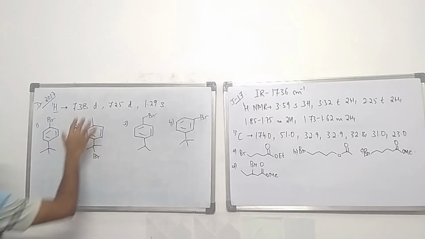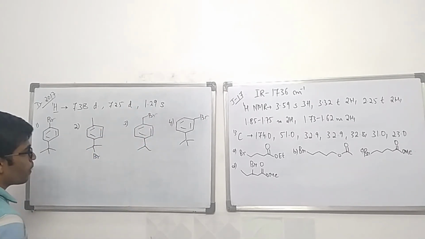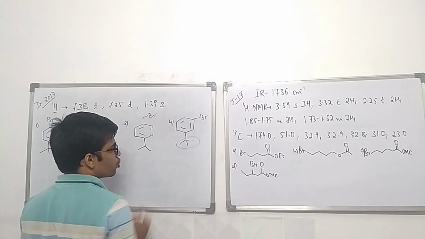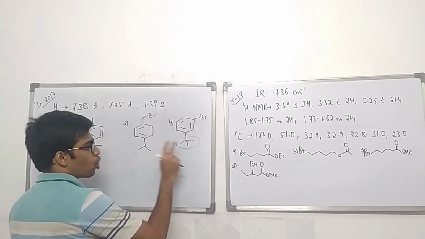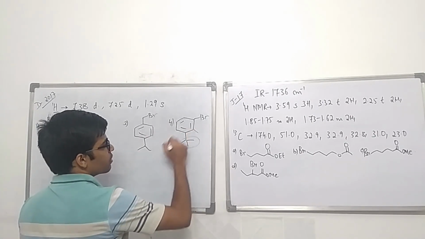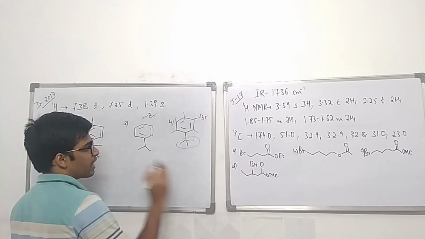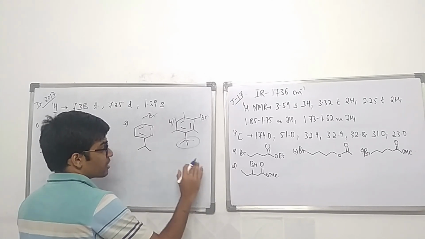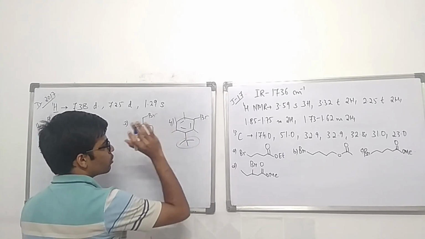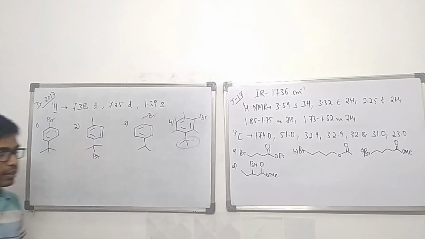So if you see, there are 3 different signals. So we expect there should be 3 different protons in the molecule. Now, if I start from here, you see all of these CH3 groups will have the same signal because all of them are equivalent. But coming to the aromatic ring, these four protons are chemically not equivalent. They are chemically different. So as a result, because of the chemical inequivalence, they will have four different signals. So the molecule in this case should have had 5 signals, but in the data you are given 3 signals.